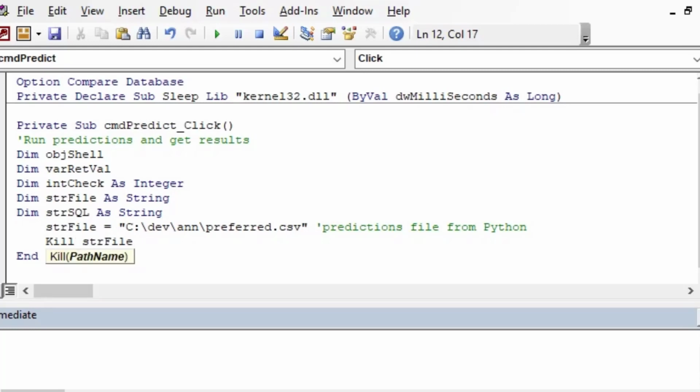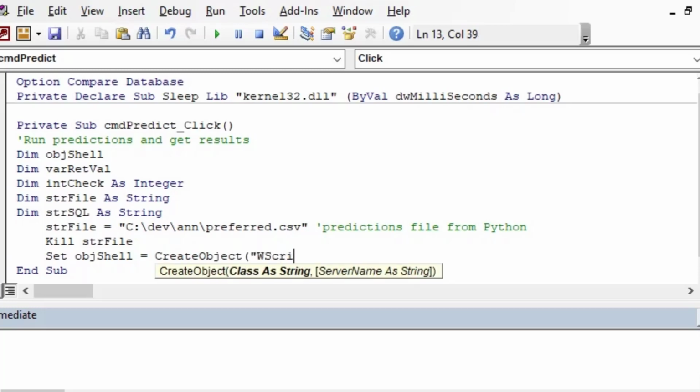And so the first thing we're going to do is use that awesome command called kill, and we're going to kill that file in case it's there. You can put an on error resume next, or you can trap that error if the file isn't there. I'm going to assume today that the file is there, because we've run this many times,